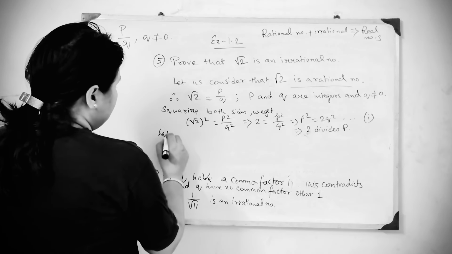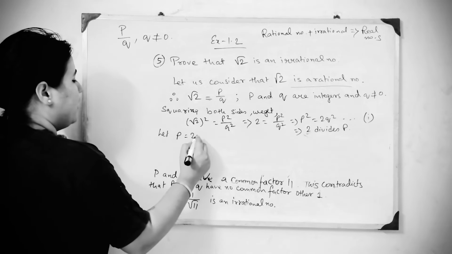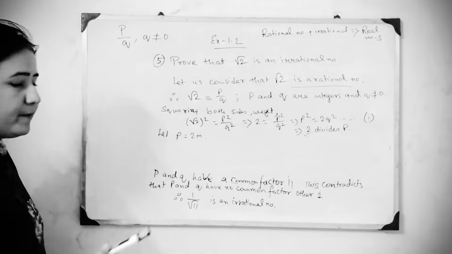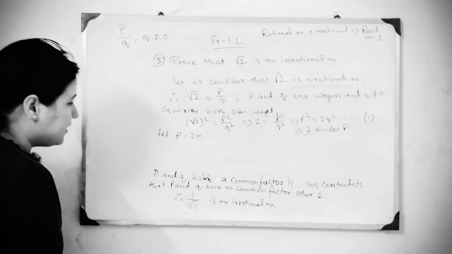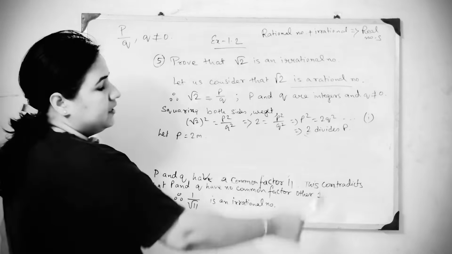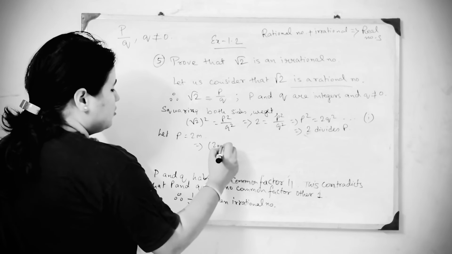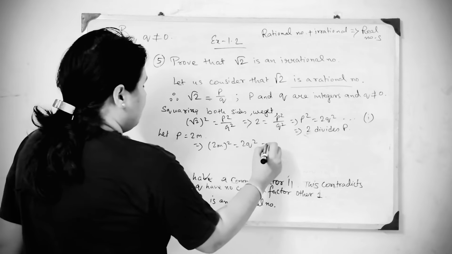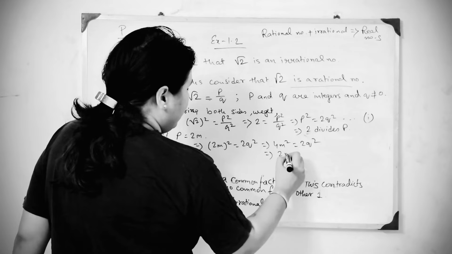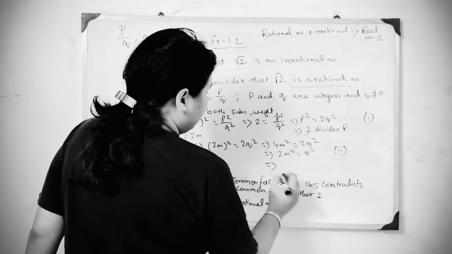Now let p equal m. Now another statement, that I did not write in the previous cases also, I'm just dictating it to you. That is putting the value of p in equation 1. If you put the value of p in equation 1, we will get 2m whole square equals 2q square, or 4m square equals 2q square. So we will get 2m square equals q square. This is equation 2, and from this we can conclude